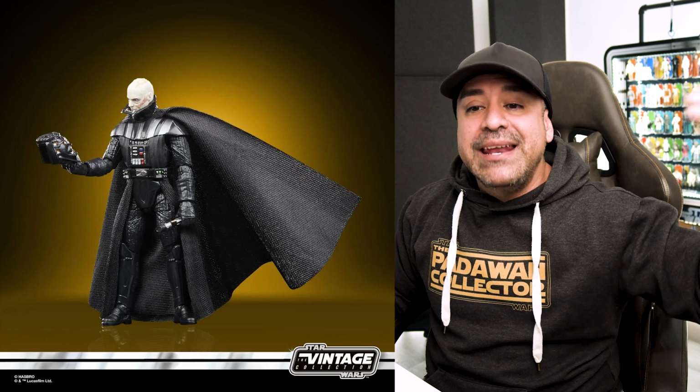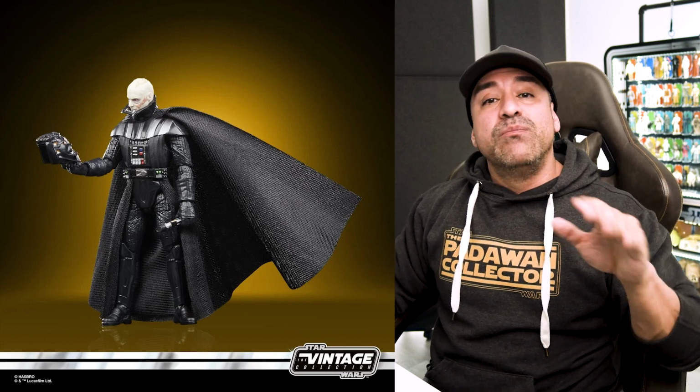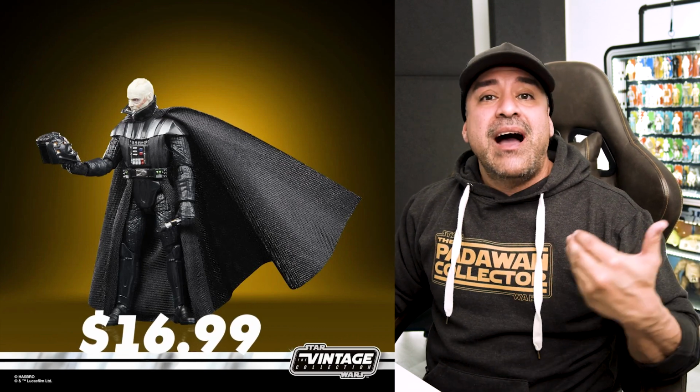removable helmet, something that I think Kenner should have made this with the Return of the Jedi toys back in the 80s. First stage, you can remove the helmet to reveal the inner mask, and then you can remove that inner mask to reveal Anakin Skywalker, which I think is rad. And even more rad is that this will retail for $16.99, and I think I will pick that up for